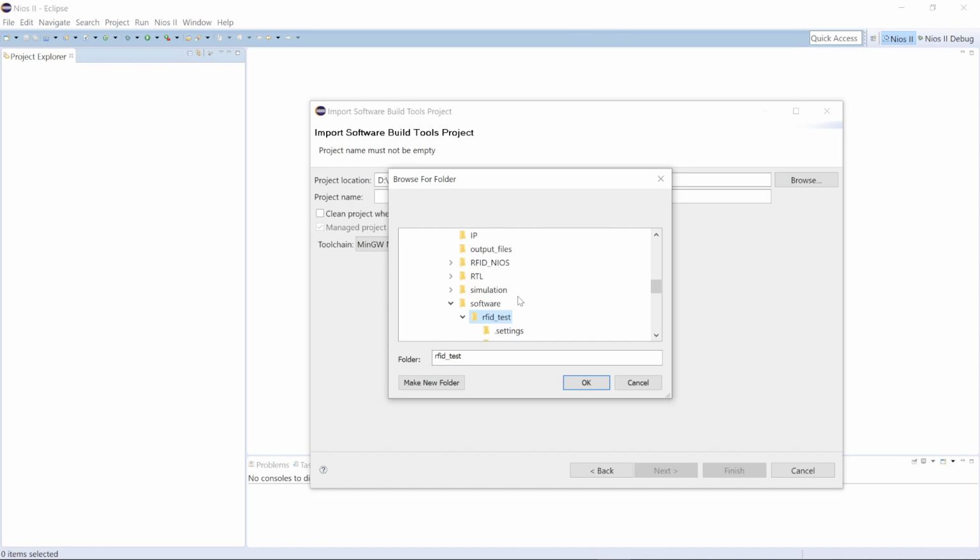You can see right here that it did find automatically because I was using it before, but if not, you can just go right here into the repository. On the FPGA folder, you go right here into software, then there's gonna be these two folders. First, you're gonna click on RFID test, click OK,